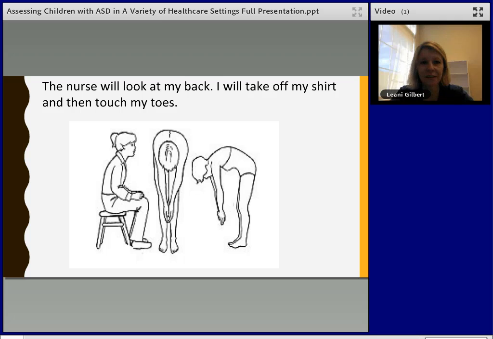With scoliosis, the nurse will look at my back. I will take off my shirt, and then I will touch my toes. You can have them touch a surface so that they know exactly how far to lean forward, for instance, the examination bed. And if you can have little handprints of where you want the hands to be, and you will count again